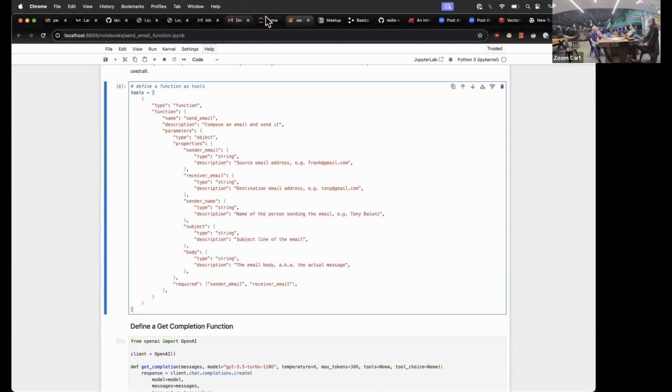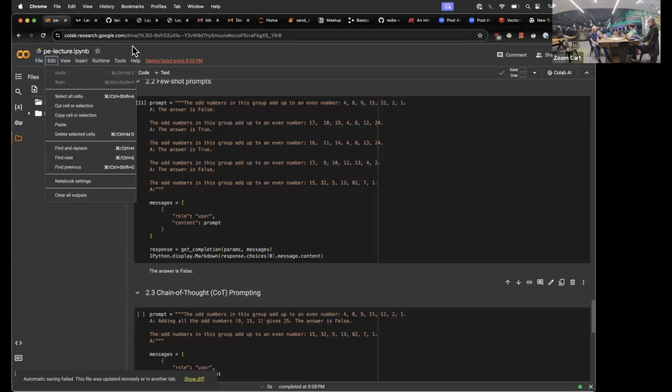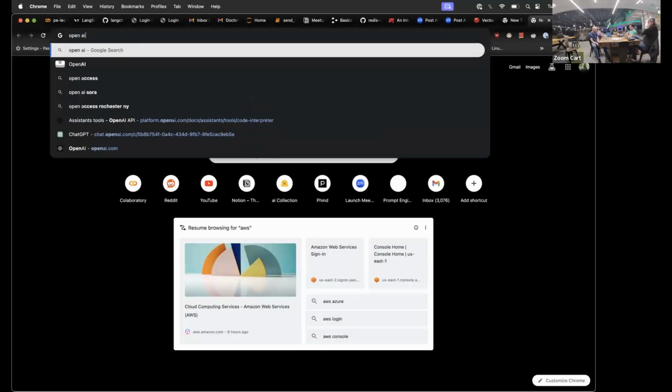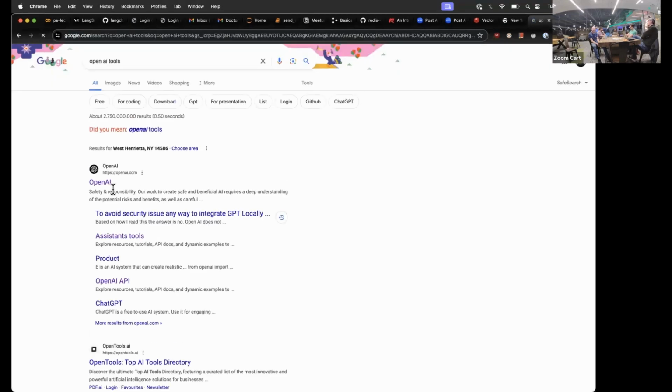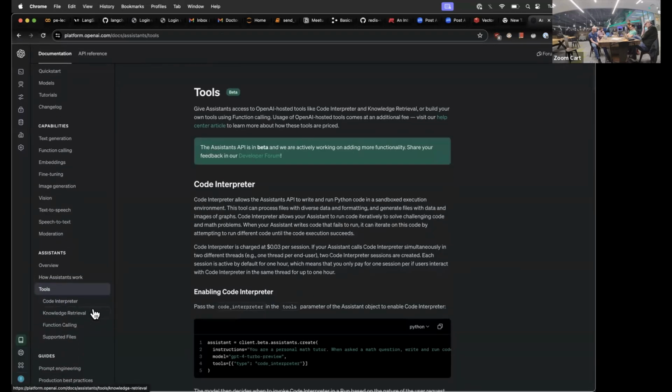Actually, that was some stuff that I was messing around with also. Do you know what other types of tools there are besides the function type? There are, yeah. I haven't looked at them yet. One of them that I've seen is interesting: you can have it run a Python interpreter. It will take in Python code, actually run it, and give you the output of what the code would do. So there's a code interpreter, there's knowledge retrieval,